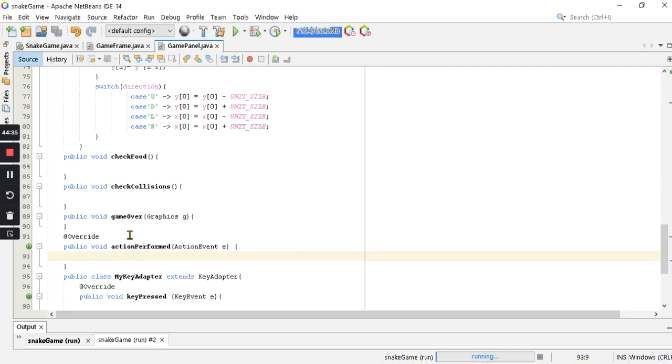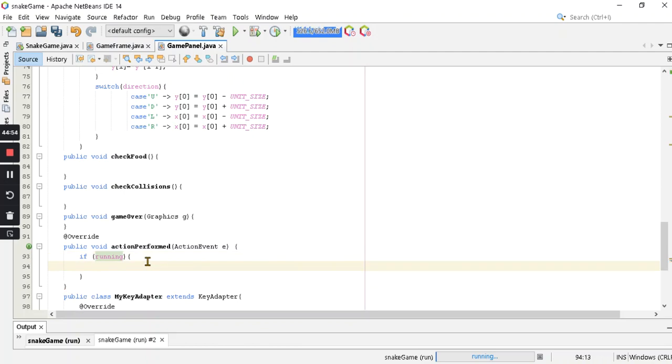Lampasan muna natin yung ibang methods para lang makita natin yung paggalaw ng snake. So let's go first to the actionPerformed method. Konti lang naman ilalagay natin dyan. So the running, and then the move para mag move,